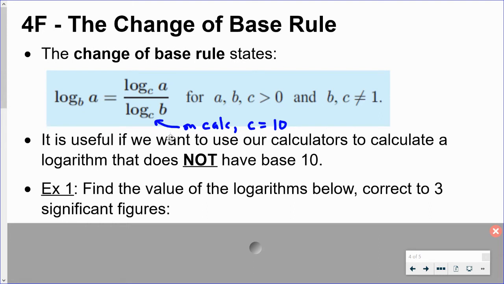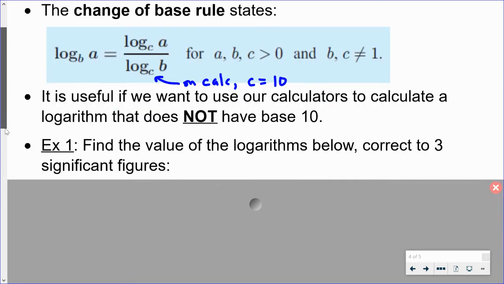And this is very useful because if we want to use our calculators to calculate logs, we only have a log base 10 button on our calculator. But we often want to calculate the value of a log that is not base 10. So if I rewrite it using the change of base rule, I can use my calculator to help me calculate that log without actually having a button for it. Okay. So for example,